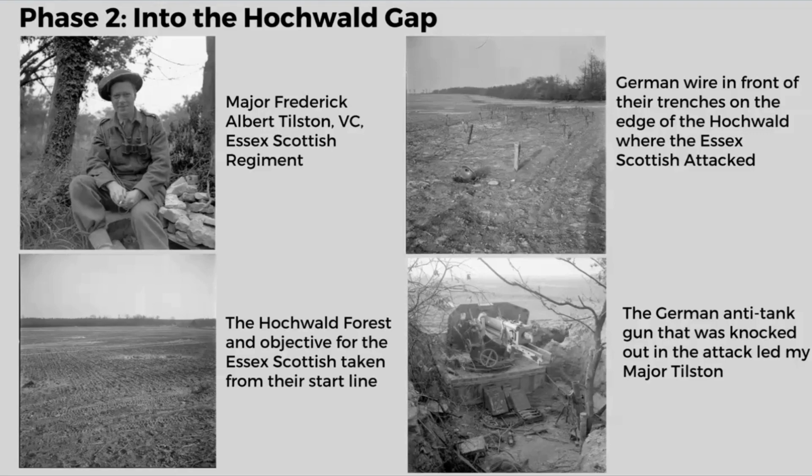They crossed 500 yards of open ground and 10 feet of wire to get into the German trenches, which they did thanks to the heroic deeds of Major Tilson, who, even though he'd been shot in the head, kept leading the attack and was the first man into the trench, knocking out a machine gun position with a grenade. He kept his men going, even though he was wounded a second time, quite severely, in the leg, and they took the next line of trenches in vicious fighting, but before they could consolidate, they were hit by a hard